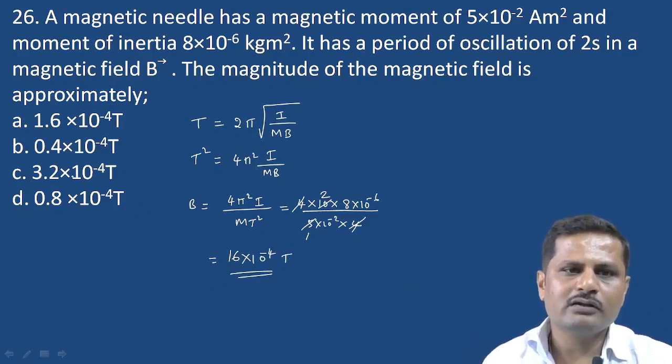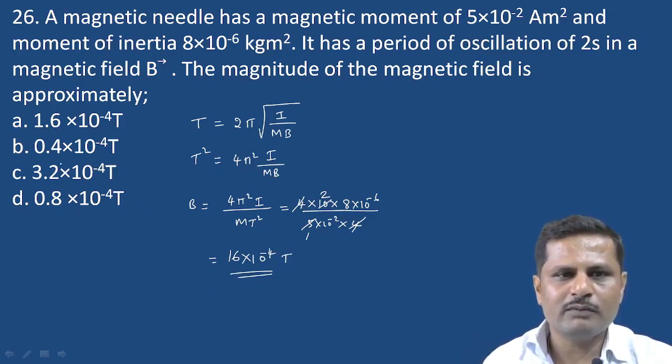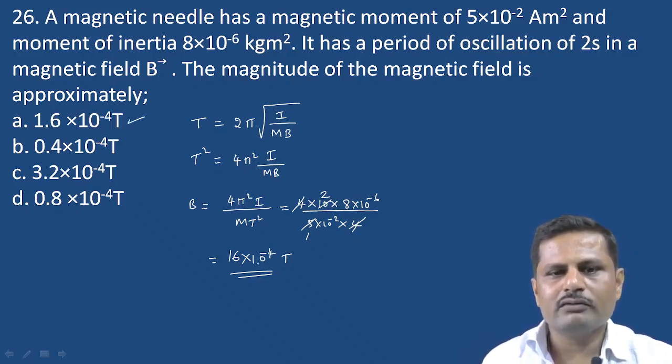But here there are no such options. So therefore, this carries Grace marks. If it is 1.6 instead of that, if it is 16, then it would be the right answer. Okay. So let me move to the next question, that is,